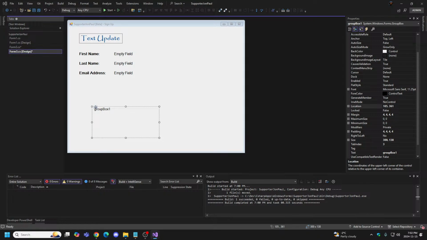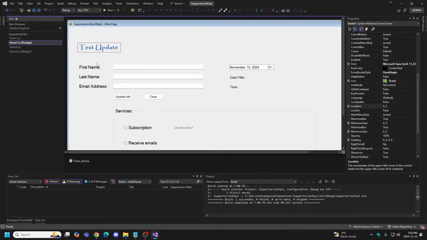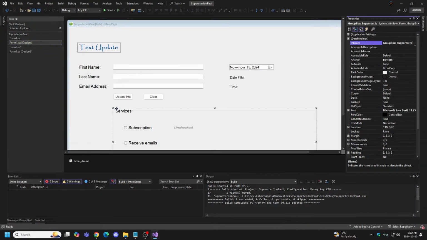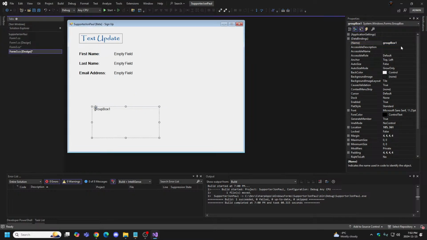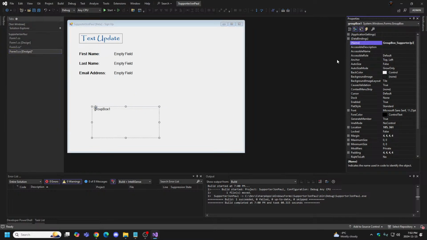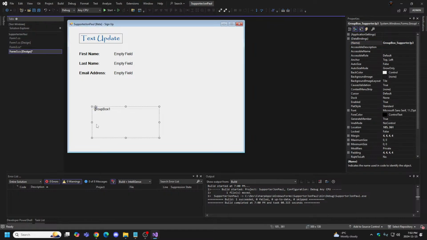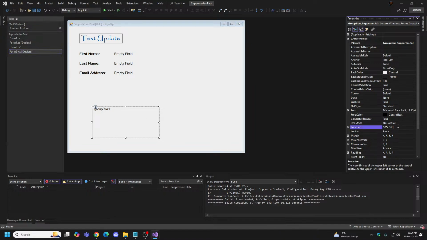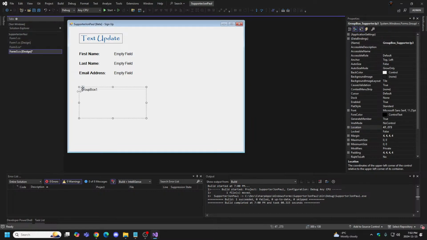Okay, now we're at the point. Okay, we're getting there. Okay, so my group box. What did I call my first one? I forget. We'll just call it group box 3. We'll reuse the name. Again, it doesn't really matter because we're not really using it in the code behind, so it's not too critical. You could give it a name or not give it a name. It's up to you. Okay, and then again, our size is gonna be